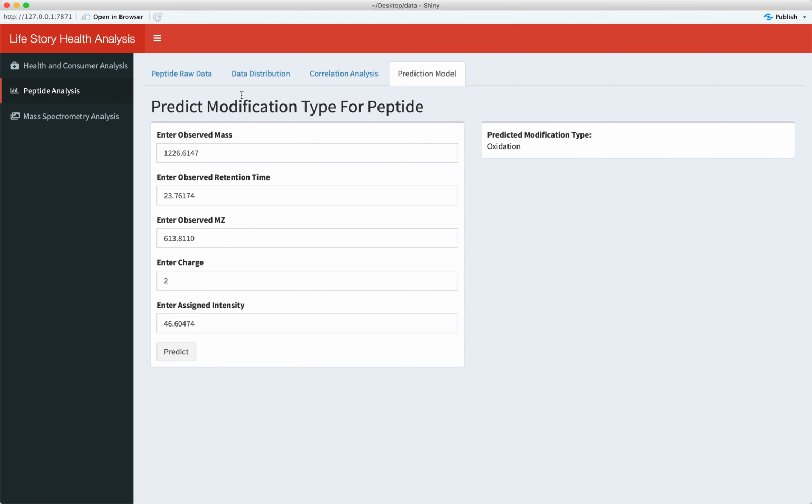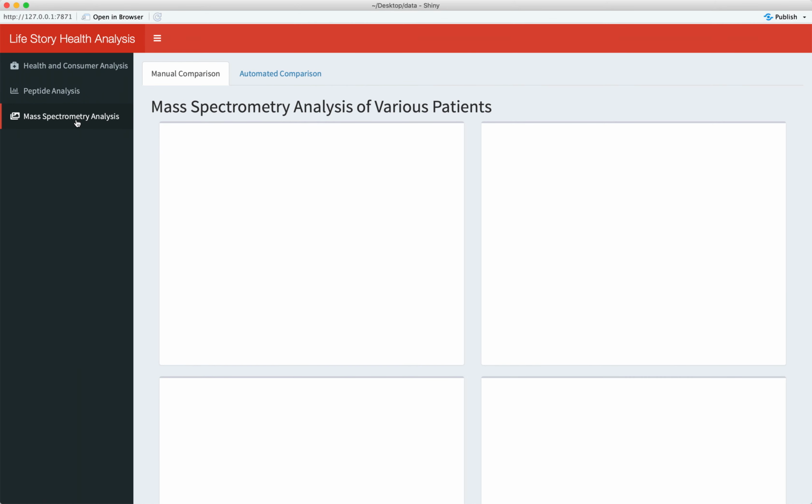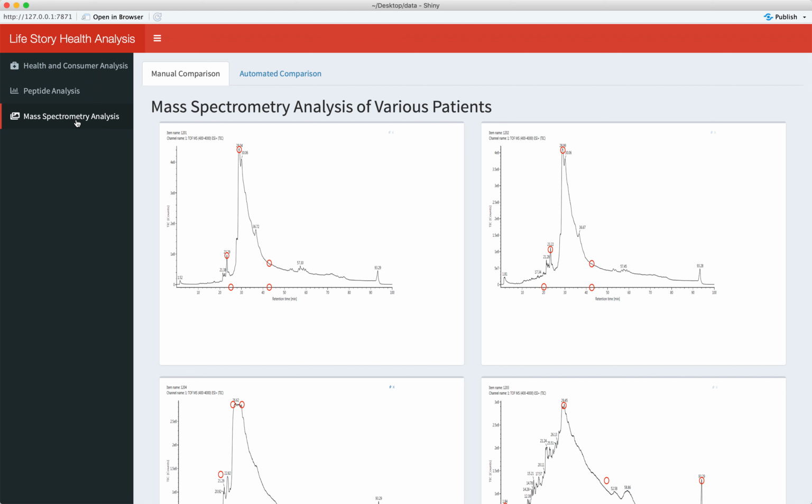The next analysis is the mass spectrometry analysis. The goal of this analysis was to visually inspect some of the images and identify the differences between them. In addition, I also developed a process where one can overlay the images on top of each other for easy comparison.